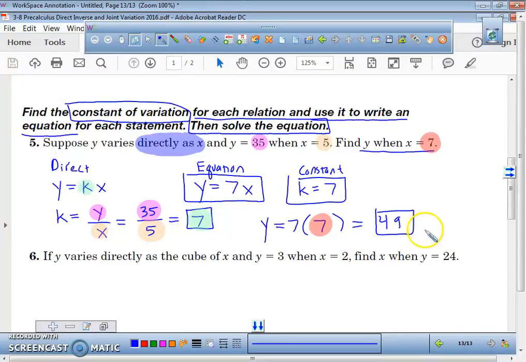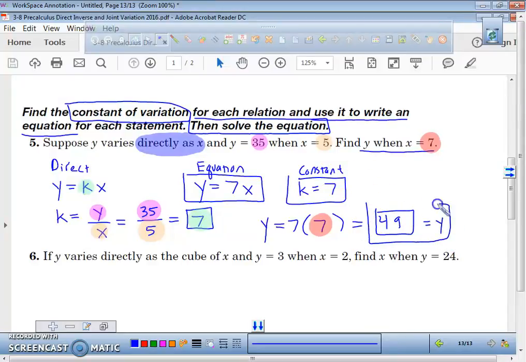So how many answers am I going to require for problems like number 5? 3 answers. You're going to label your equation. You're going to label your constant, and then you're going to solve for the other y or x values. That's problem number